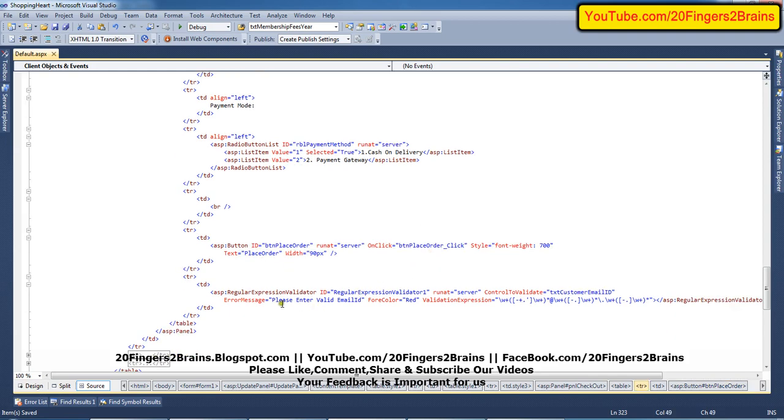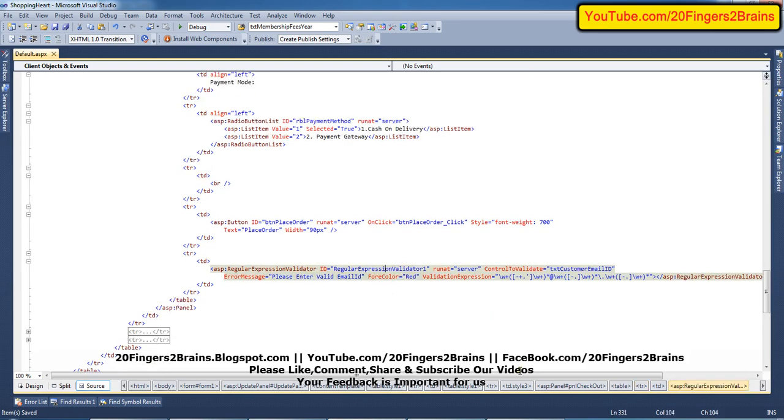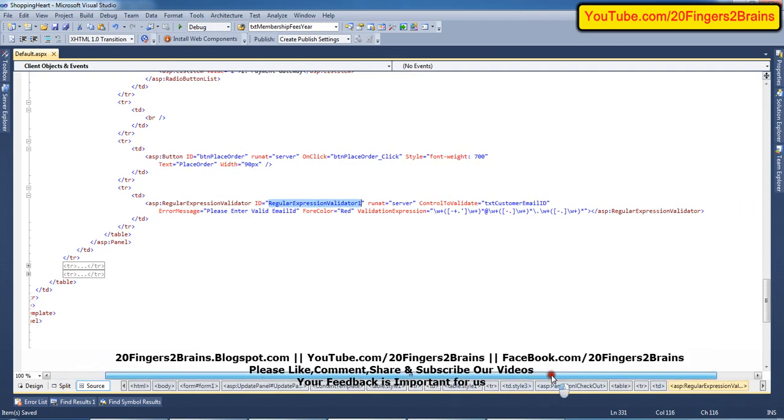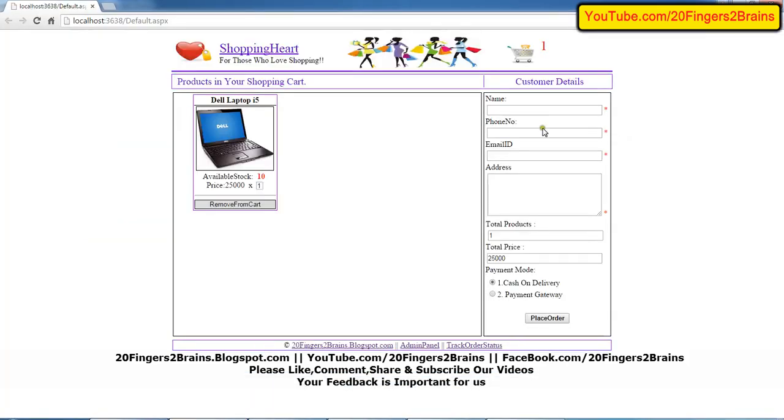And to validate the email id, we are using a regular expression validator, and that validator will validate whether the email id format is valid or not. Like for example, if I enter a wrong email, it shows an error. We can also do some validation for phone number if the user is not entering numbers only, but that we can skip right now.